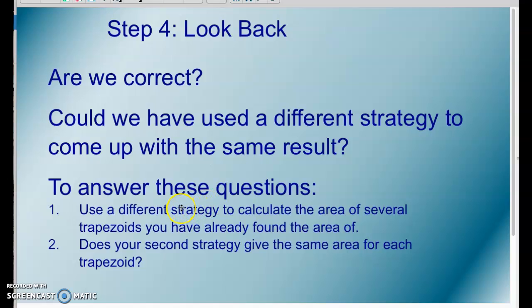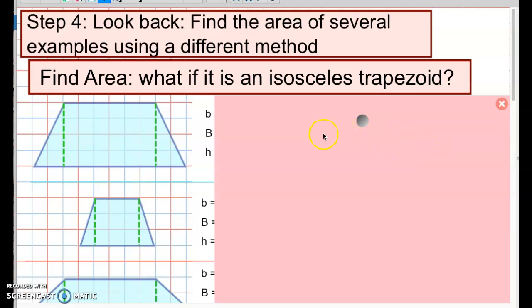And so to answer these questions, we're going to select a different strategy, and we're going to calculate using this different strategy and make sure that we've actually come up with the correct area. So we're just going to double check our work from the first set of results. And so what I've done here is I've already set up the work to try and save some time on this video. Again, we go through our base and our height and our larger base for all of them. It's the same trapezoids that we went through in the first example, but now we're going to use a different